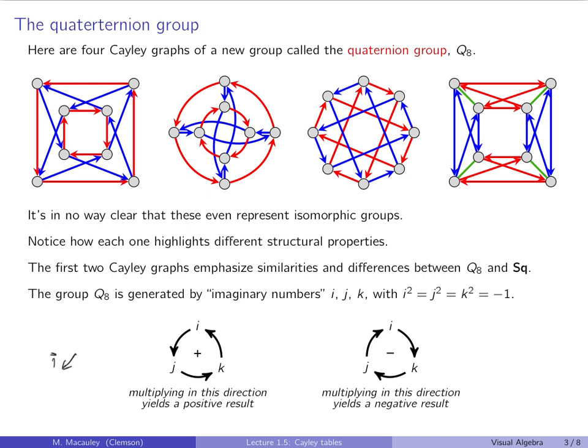This is i, this is j. These are like the unit vectors in each direction. This is k, and i cross j equals k, and j cross i equals negative k. And the cross product is technically